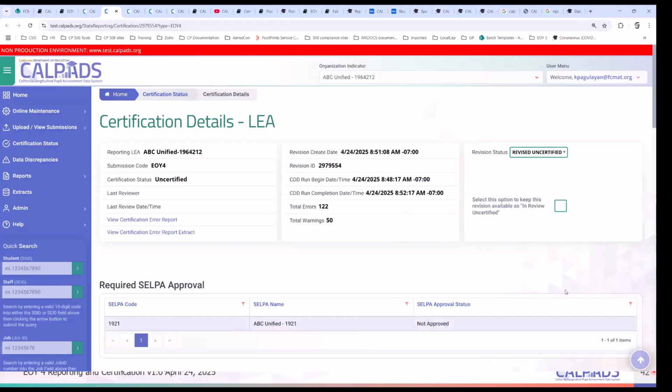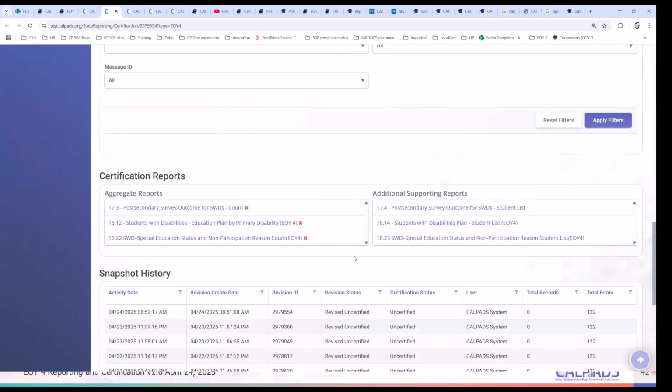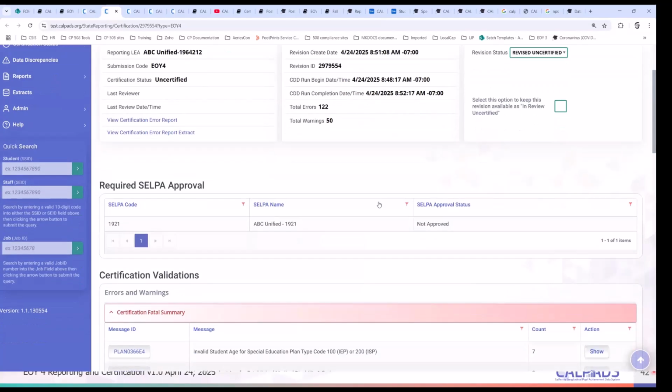You can freeze this version by checking this box in review uncertified. What does that do? It freezes this version as well as the version of the reports that you have here. And then you can have your SPED person or any of the data stakeholders review that data and those reports.